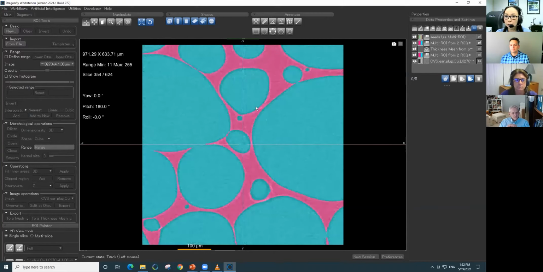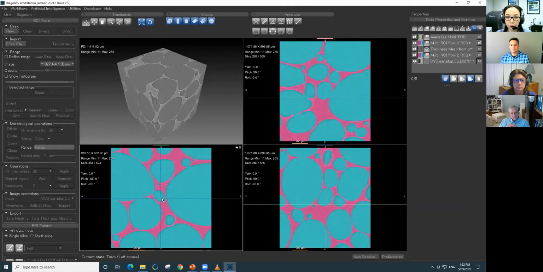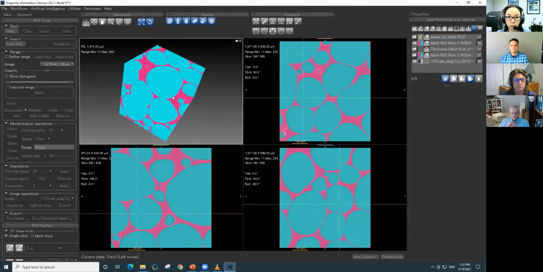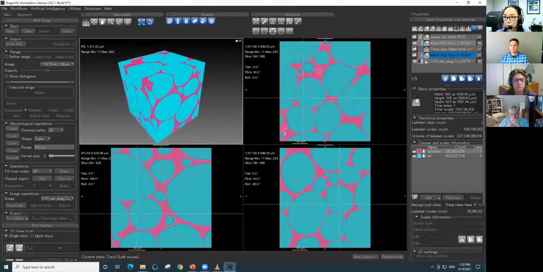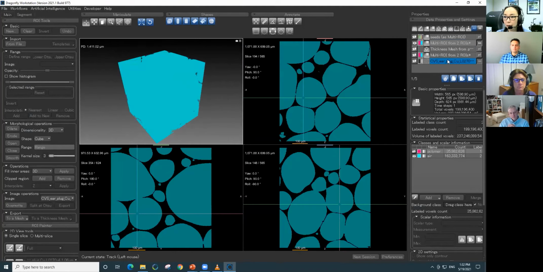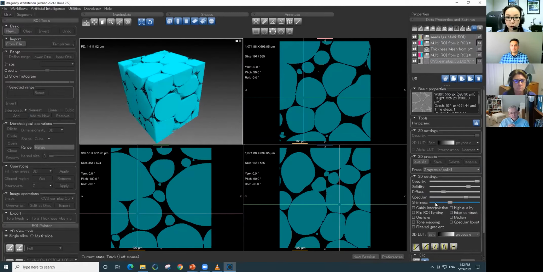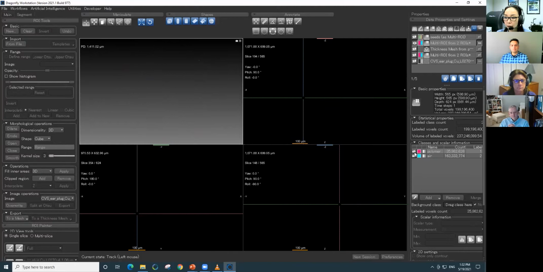So this is the 3D segmentation result. Now you can see that everything is divided into two phases. You can see that in 3D as well. And after you separate the phases into two pieces, let me turn this off. You can just look at one phase at a time. Let me add a little bit of shadowing so that you can see it. There you go. So you're just looking at the pores in this case,